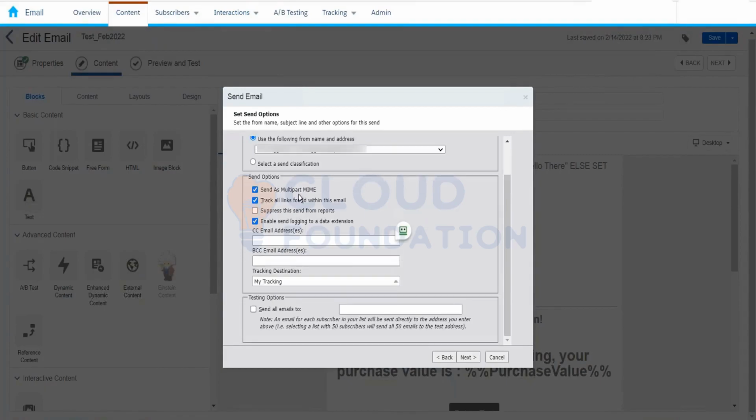And here we see send as multi-part. Within this email, obviously we would like to track. We don't want to suppress the send from reports, because if you enable this, you won't be able to track any of the links, clicks, opens and subscriptions. If we suppress it and enable send logging,